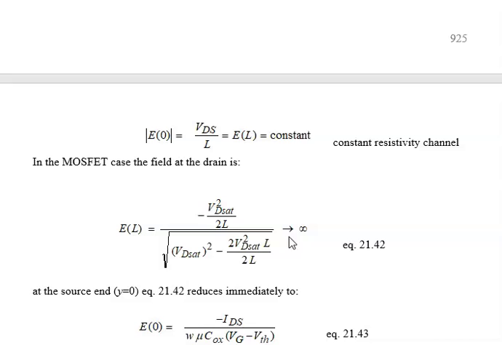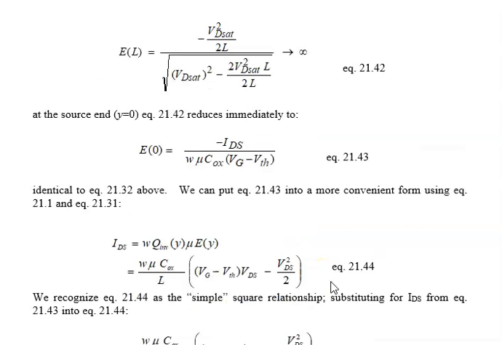Now we'll see if pinch-off occurs even to the left of the drain. Wherever pinch-off occurs, the electric field goes to 0. So if this was at some arbitrary point along the channel, say y sub whatever, but it was the pinch-off point, we would still get an electric field which approaches 0, and that is not allowed. And we'll see how we deal with that in just a little bit.